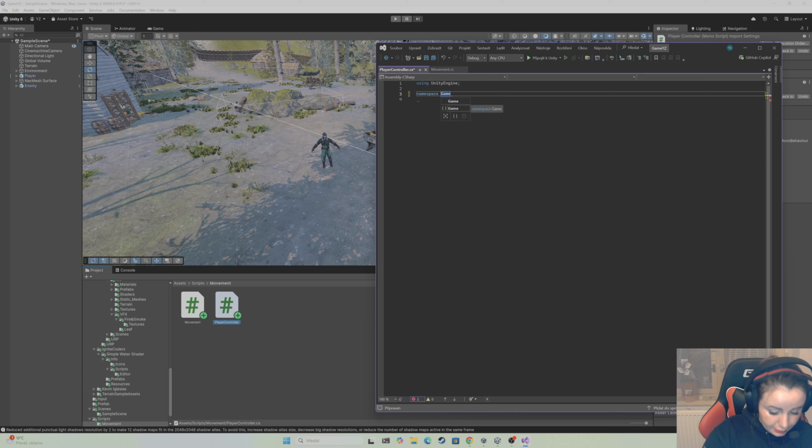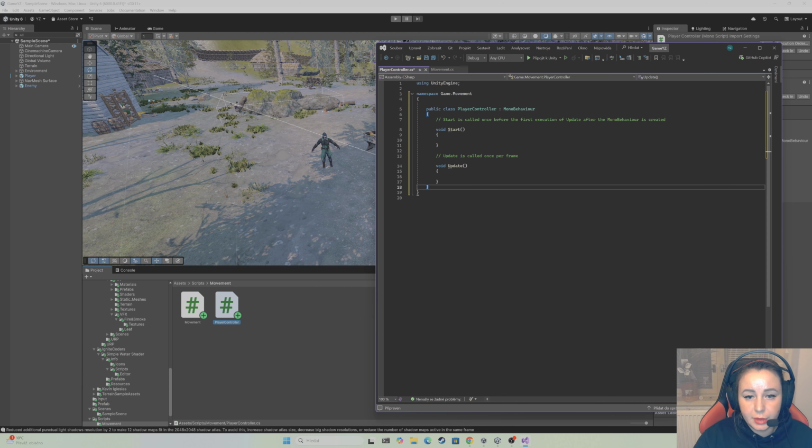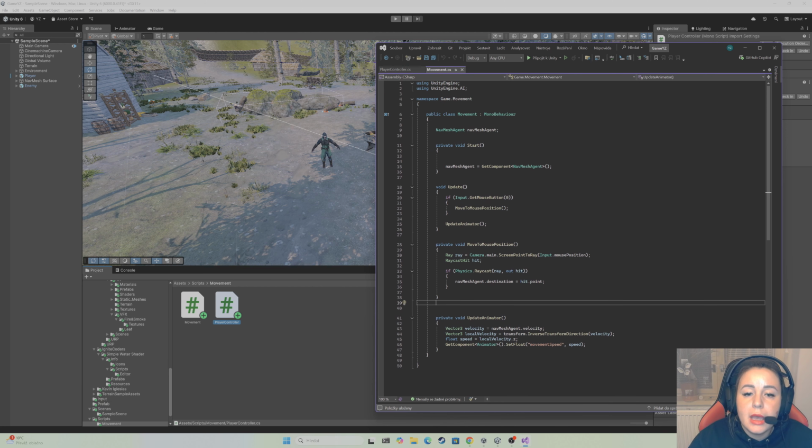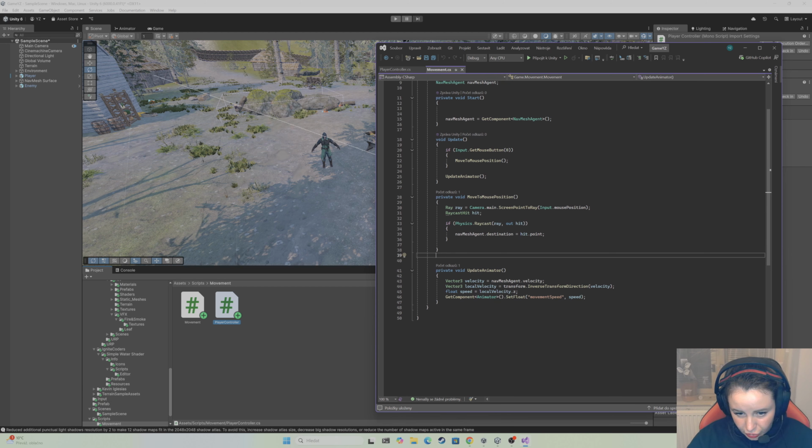Namespace Game.Movement. And let's put our code here. Okay. And here in our movement script, we should change,